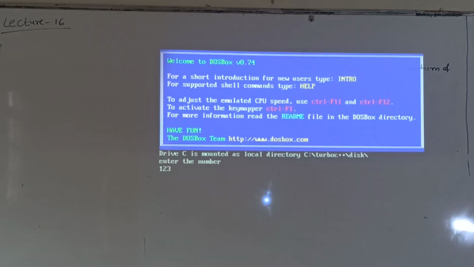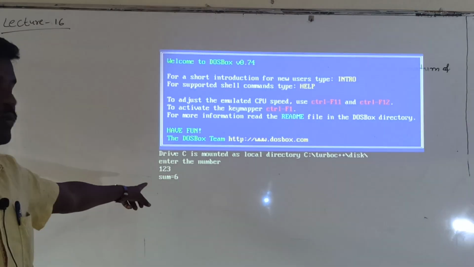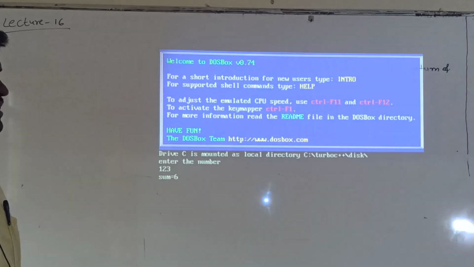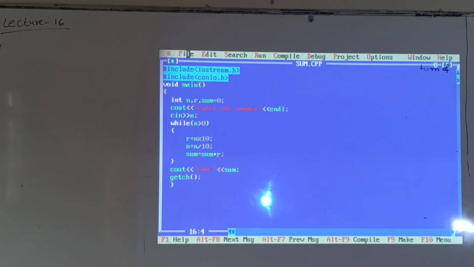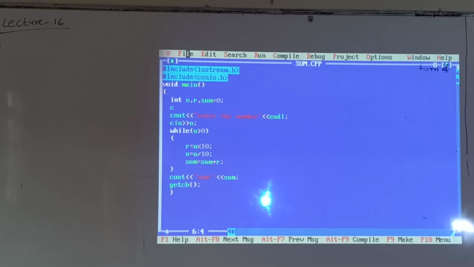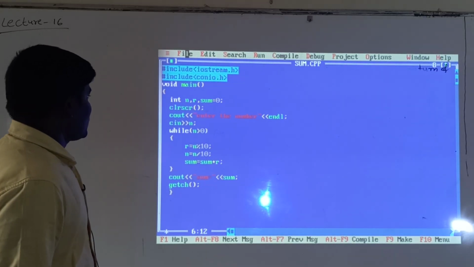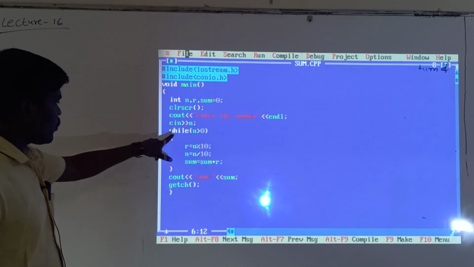Okay, 123 is the input value and you get the result as sum, that is 1 plus 2 plus 3. So now you have to write clrscr. And one more thing, see here: void, int, while.